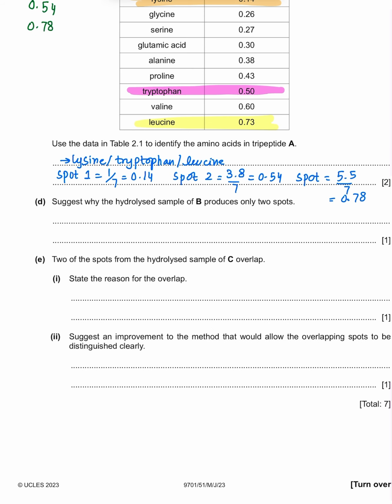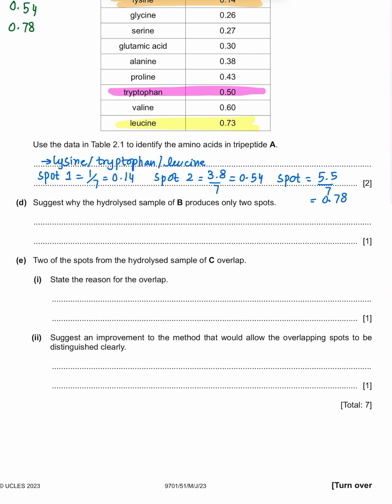So always make sure to refer your answers very nicely, because 2 marks are never going to be given for writing the names of amino acids only. It is your working, your calculation related to the RF values that is going to award you the marks. And we know that if the examiner has given us the formula of the RF values, then he or she is simply expecting us to calculate the RF values and prove it in our data before we make a final conclusion in the answer.